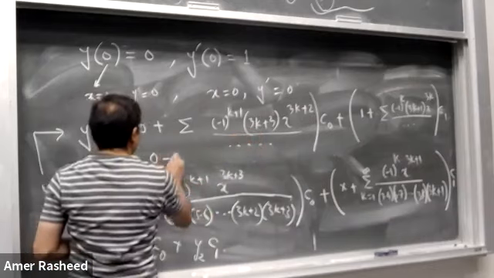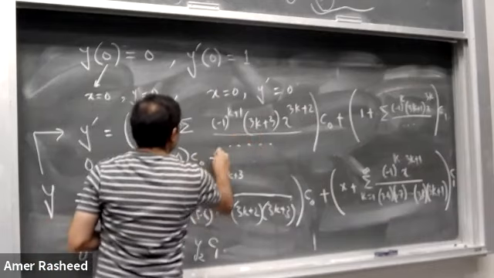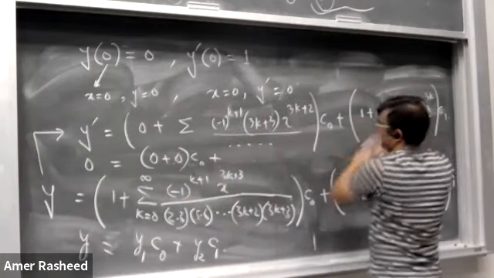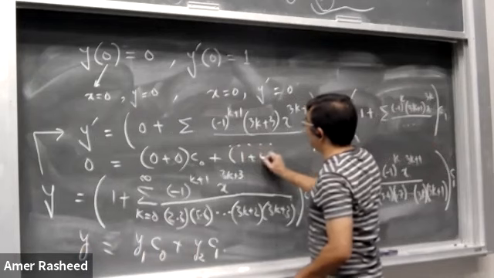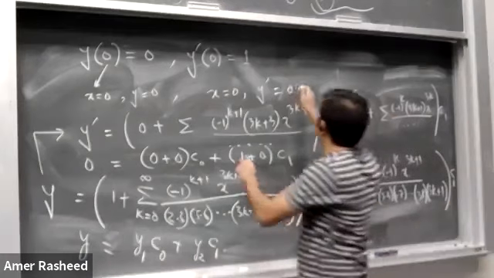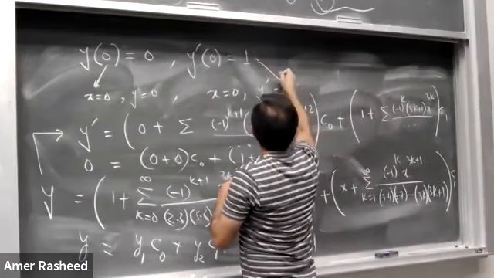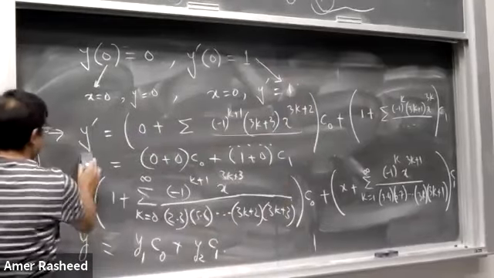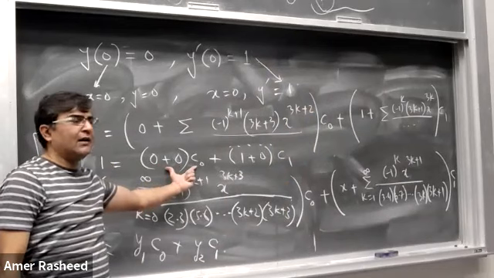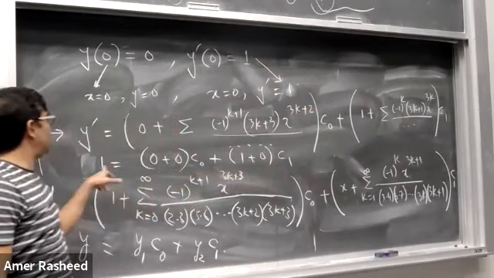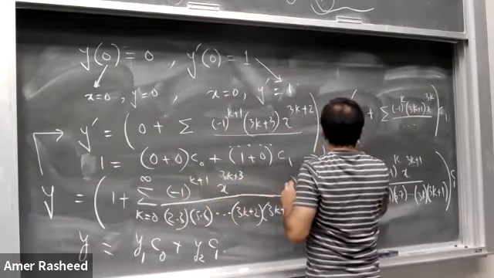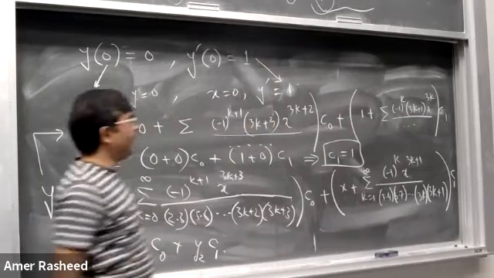इसका मतलब है कि यहाँ पे 0 प्लस 0 टाइम्स c नॉट आ जाएगा, प्लस यहाँ पे 1 है और यहाँ पे x है, तो प्लस 1 प्लस 0 टाइम्स c1 आ जाएगा। सॉरी, y डैश की वैल्यू क्या है? 1 है, नॉट 0, ये 1 है ना, हमने ये 1 लिखा हुआ, तो यहाँ पे आपके पास 1 आना चाहिए, यहाँ पे 1 आ गया। अब यहाँ पे c नॉट एलिमिनेट हो गया, c1 की वैल्यू क्या आ गई? 1, ठीक है, तो यहां से आपके पास c1 की वैल्यू 1 आ गई।